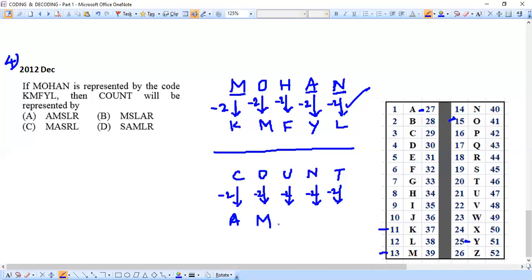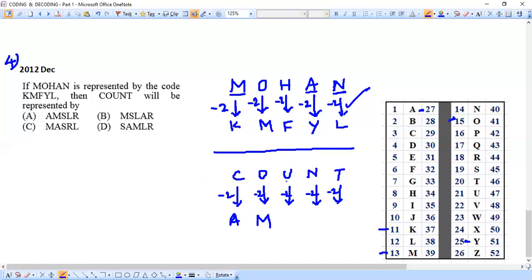Just hold on. By this time itself, we'll be able to confirm our answer. Is it or not? See our answer, it is starting with A. And that itself confirms which option is our answer. Option A alone is matching with our guess. That's the only option starting with A, and all the other options have some other starting letters. So we can say that option A should be our correct answer. Anyway, just for practice, we'll continue and get the full answer.